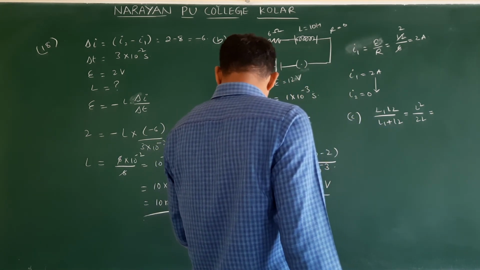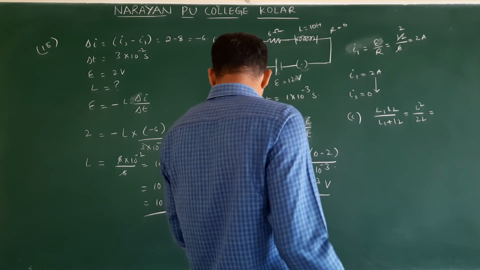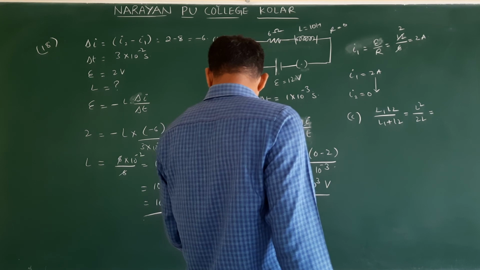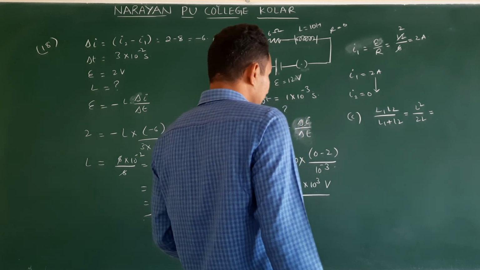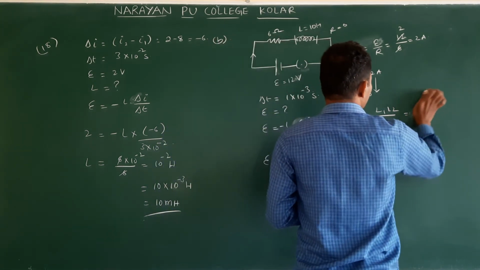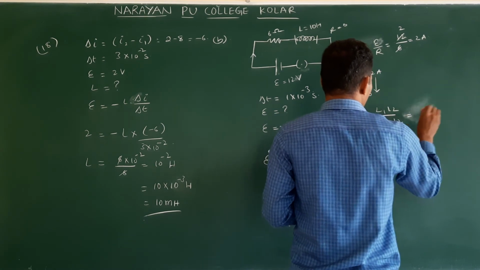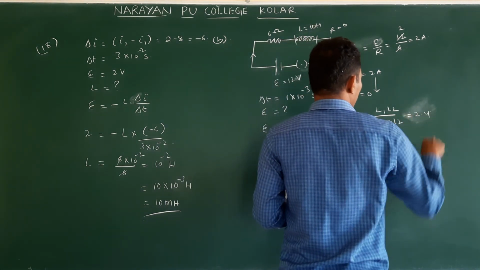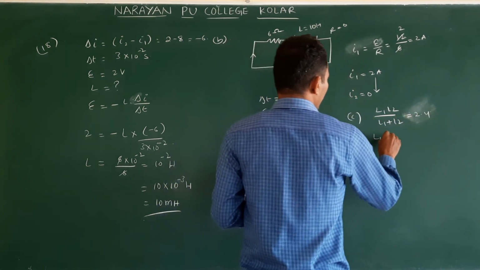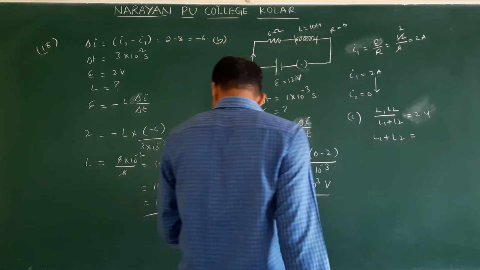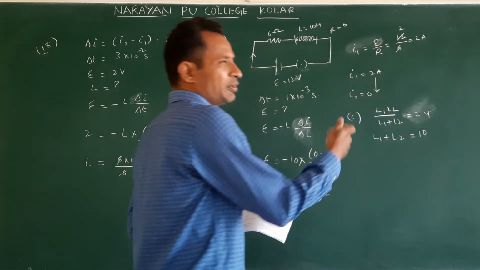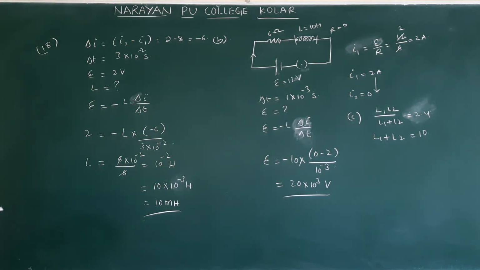Two equivalent inductances they mentioned, but in the solution they take a different one. What is the value of inductance of the individual? They are not equal, they are unequal. Otherwise the problem is easy. So it is 2.4. When they are connected in series, L1 plus L2, what did they give? 10. So very simple. This kind of problems we have done in capacitance. So if we do it, you will get the answer.